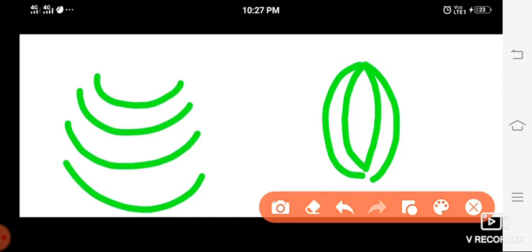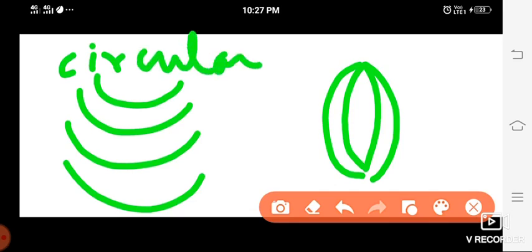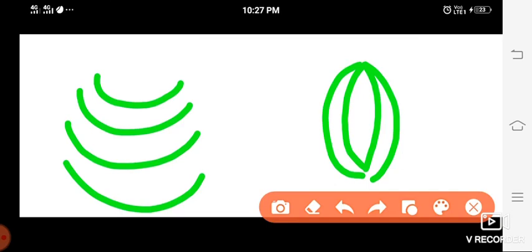Parallels of latitude are circular in shape, okay? They are circular in shape, and meridians of longitude are semicircular in shape. Did you understand the first difference? Next, the distance between two parallels is the same everywhere, but the distance between two meridians is greater near the equator and it decreases near the poles. So this is the second difference.